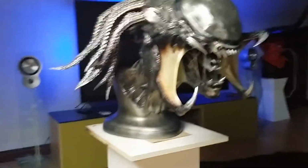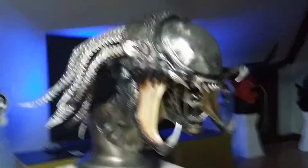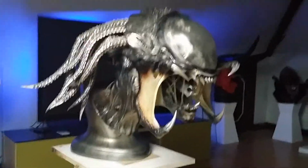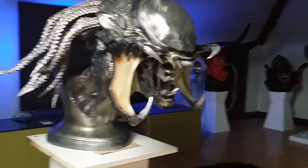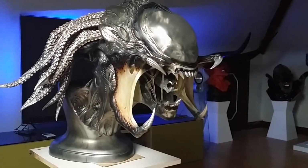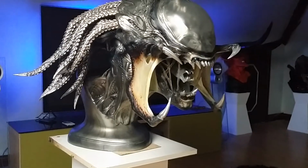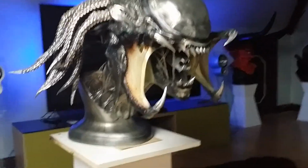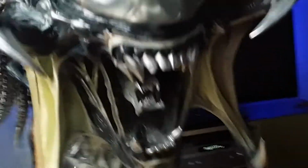front. I've actually put a little bit of cardboard underneath. I'm going to have him over there. I've had him in the corner over there, but I'm slightly worried because I was playing a bit of Xbox earlier on, and my subwoofer's around there as well. And I just thought if I get a slight bit of vibration, because if you just put a slight bit of weight on that head, he's going over. It is very top heavy. So I'm going to have to move the sub. In fact,